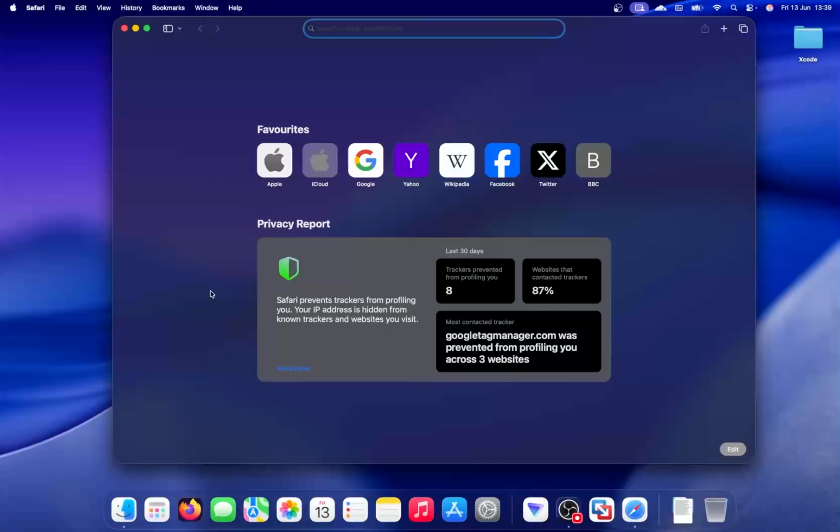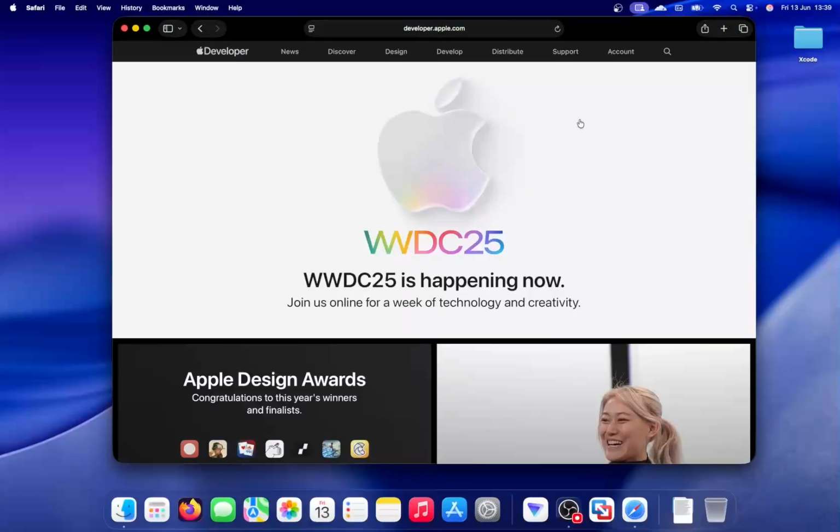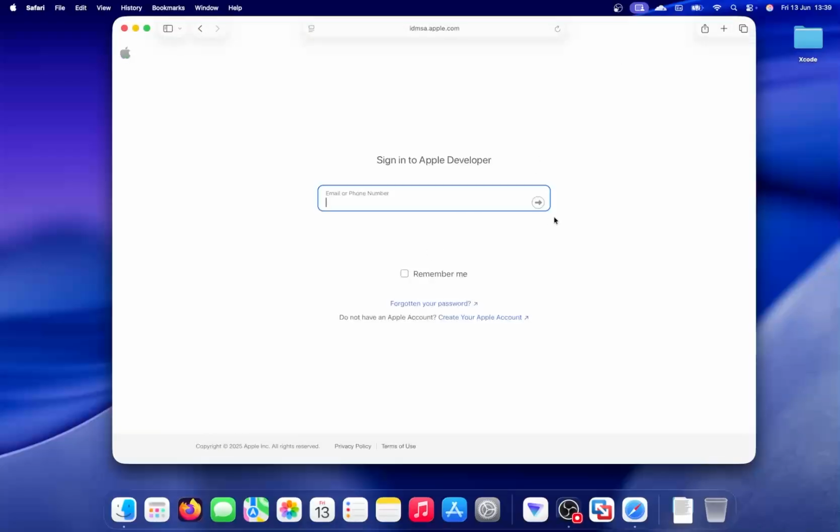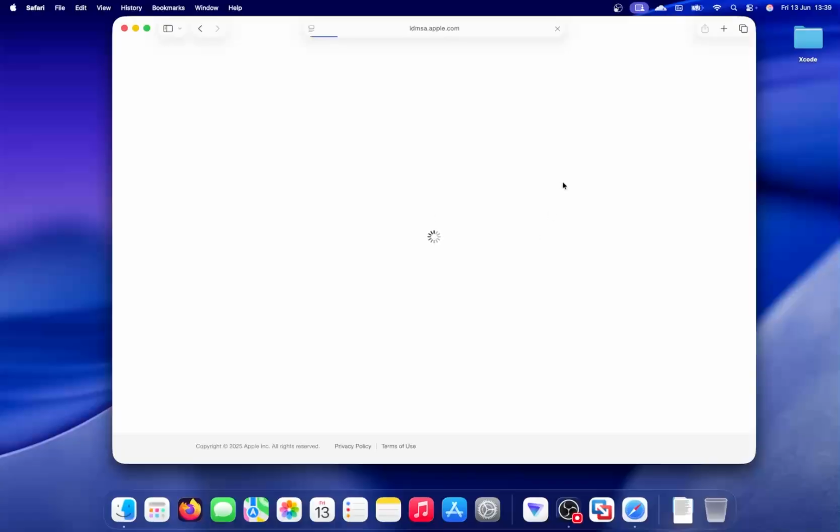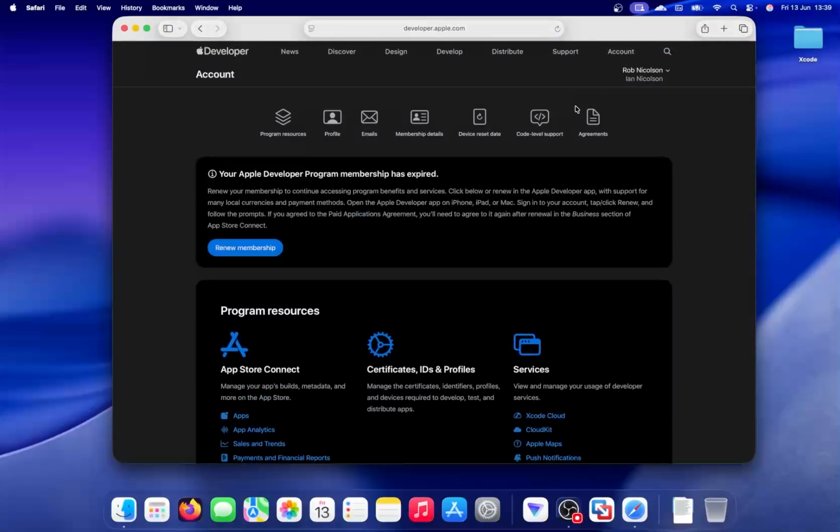For the rest of you, you'll want to go to developer.apple.com, go up to the top bar and click Account, and then sign in with your Apple account. Once you're signed in, you should be prompted to sign an agreement. If you're not, just go up to the top bar again and click Account, and it should show you the agreement. Simply read this and agree to it, and you can now leave the browser without paying anything, and restart